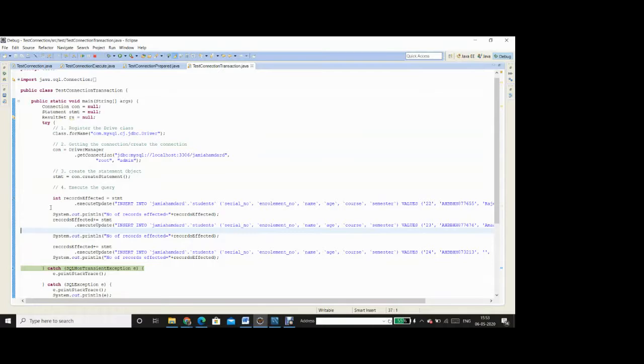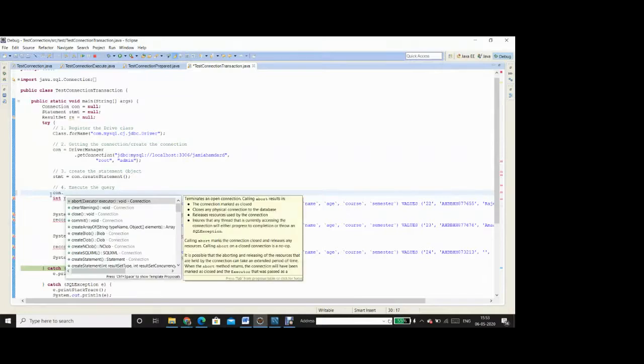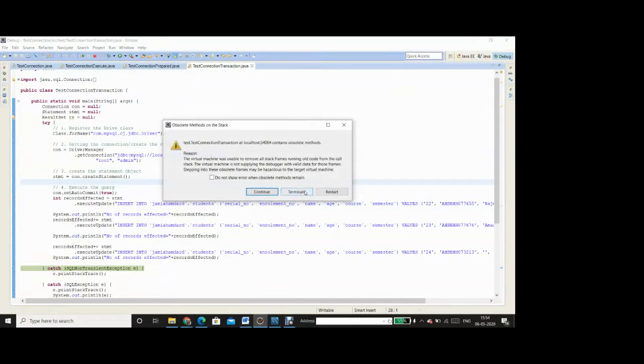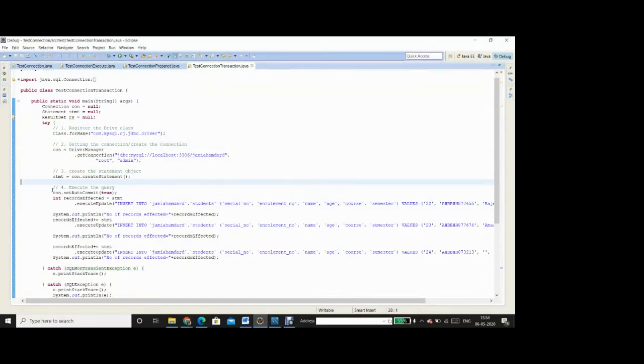And this is happening because by default, I can use this connection object to set auto commit. There is a method setAutoCommit, and this is by default set to true. Whether I write this line or not, it doesn't matter. It is already set to auto commit equal to true.